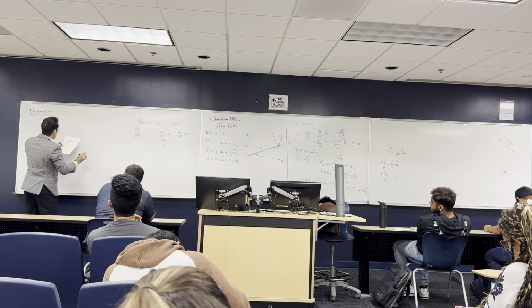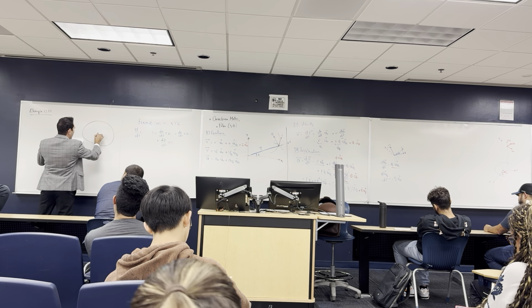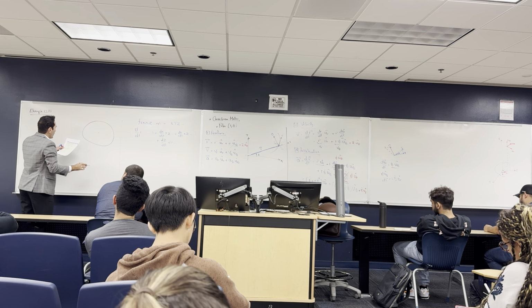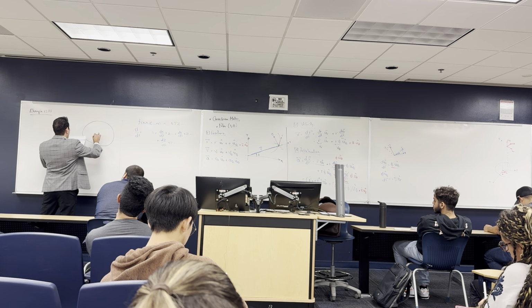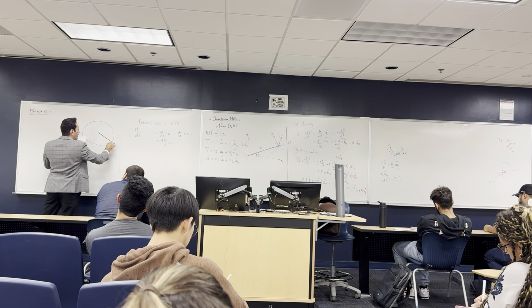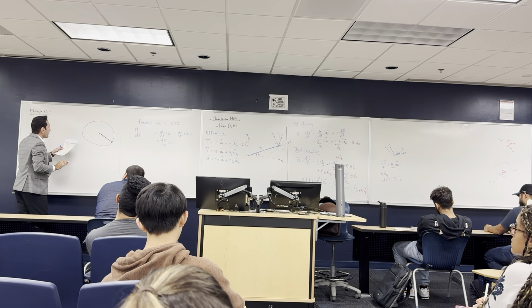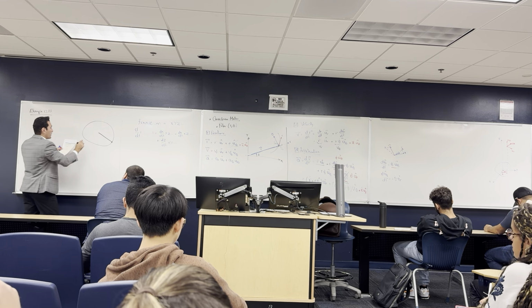It says that there's an amusement park ride that has a circular shape, something like this. The chair shown in the figure is rotating in a horizontal circle with radius r. So there's a chair here moving in a horizontal circle, and it has a radius r,